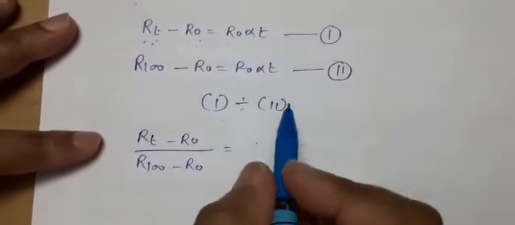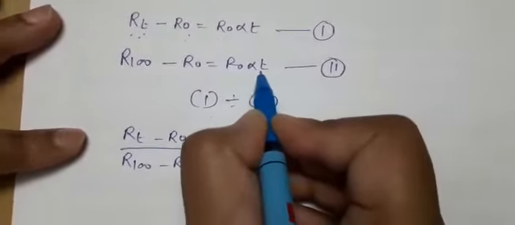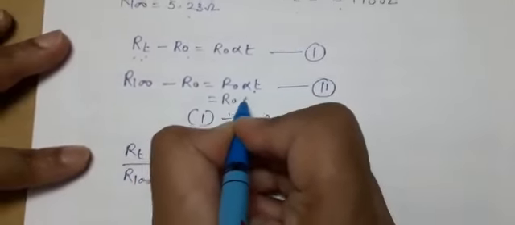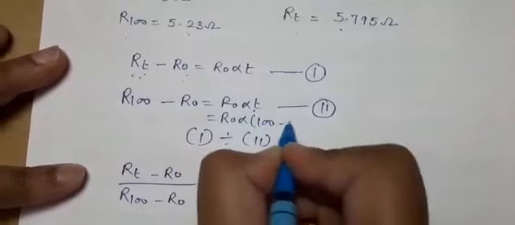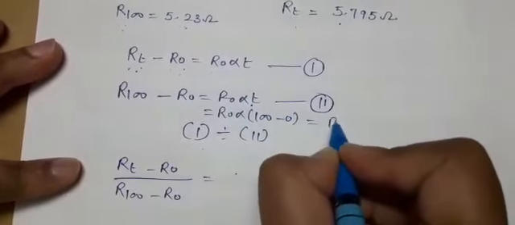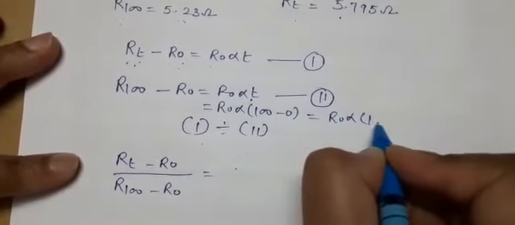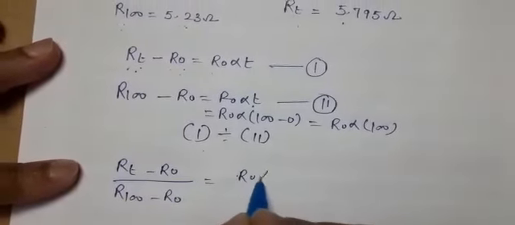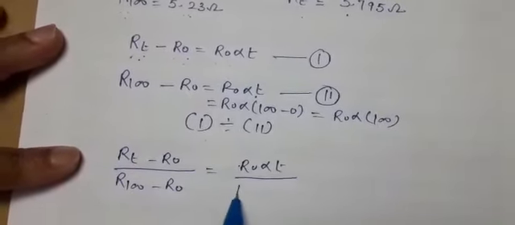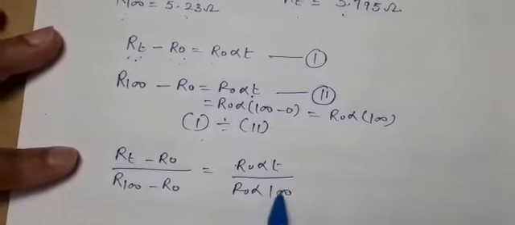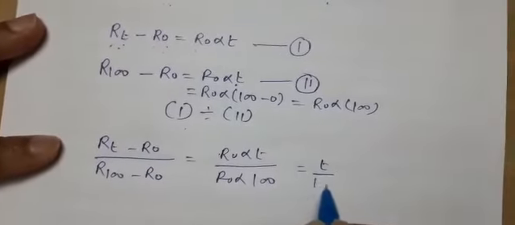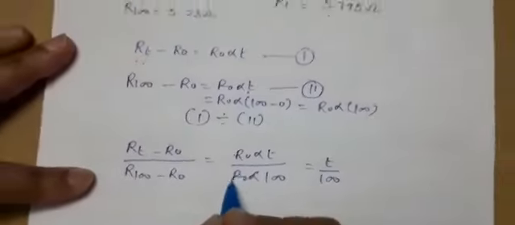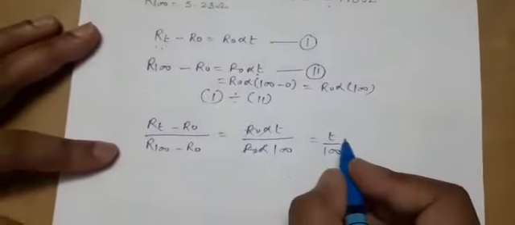Now one more important point. Here the temperature change, as the initial temperature was 0 degree, so it is R naught alpha, change is 100 minus 0. So it is R naught alpha into 100. So basically when you divide R naught alpha T by R naught alpha into 100, it will be T upon 100 degrees Celsius. Now here these factors are cancelled out. So you have to calculate the temperature.